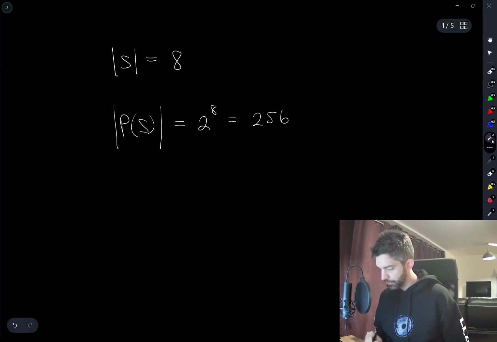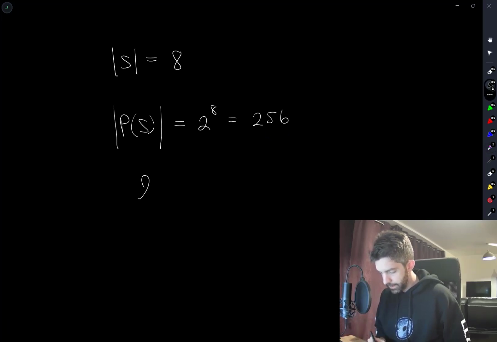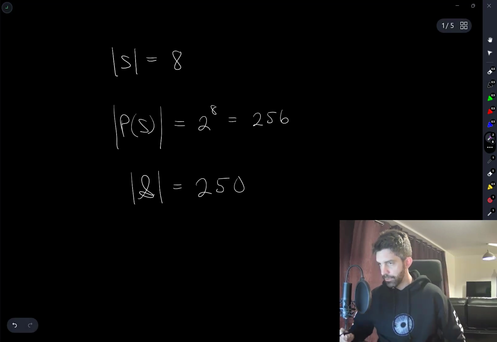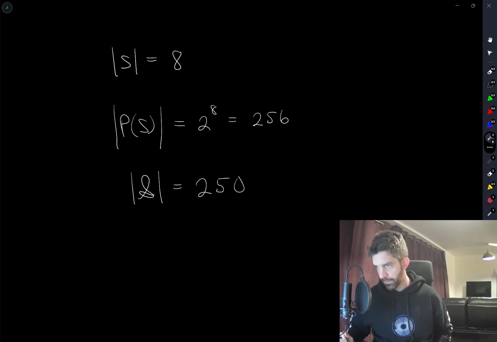Once you see that the total number of possible subsets of S is 256, but that the cardinality of script S is 250, we can start to rule out some of these statements very well. I believe the answer here, I think, is going to be D, that script S has a member that contains exactly one element. But let's rule out the others and argue why.